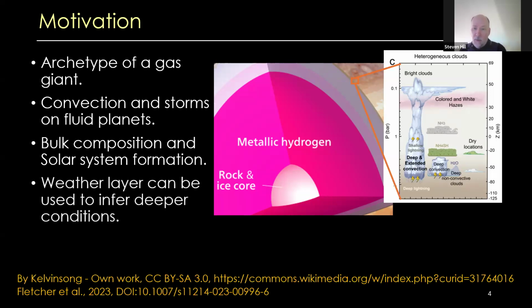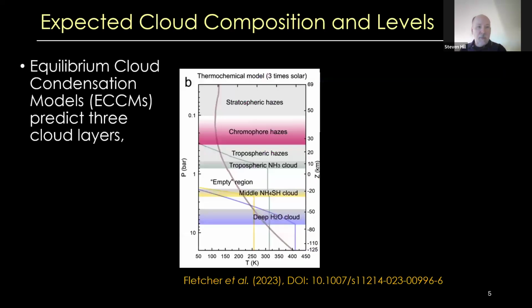Ultimately, the upper weather layer is coupled to the deeper layers of Jupiter, so we can use upper level observations to infer conditions at depth and get at those compositional pieces of information. And then, of course, there's a lot more, but it's only an hour-long seminar. So I'm going to focus on the upper layers, the cloud composition, the cloud altitude, and the method that I